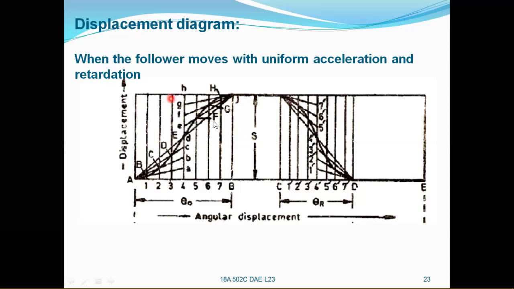project upwards from each point, and here also project upwards 1 dash, 2 dash, 3 dash vertical lines. Suppose this is 1, 2, 3, 4 and 5, this is the middle line, and divide this line into the same number of equal parts. That means if you have divided AB into 8 parts or 6 parts, divide this fourth line, the middle line, also into the same number of parts, and here also the 4 dash line should be divided into the same number of equal parts, right?